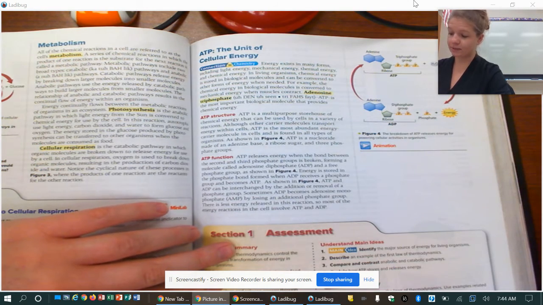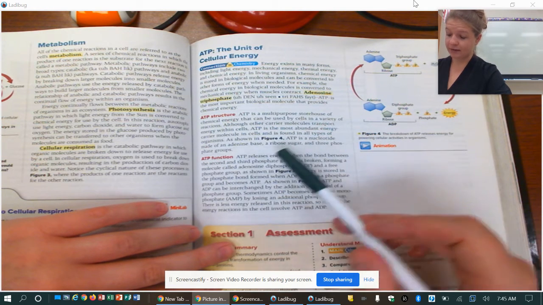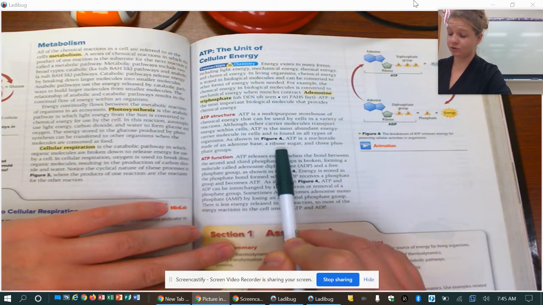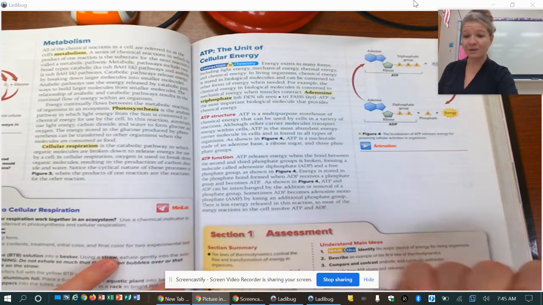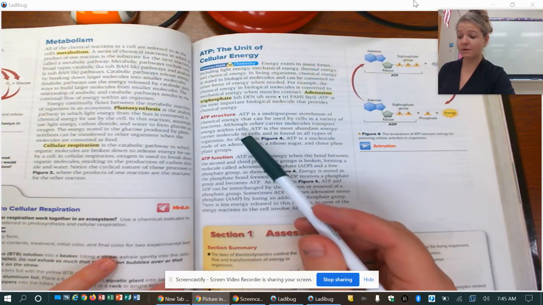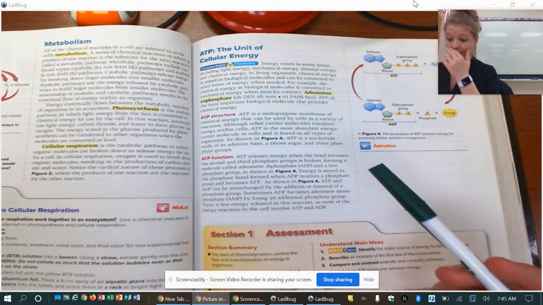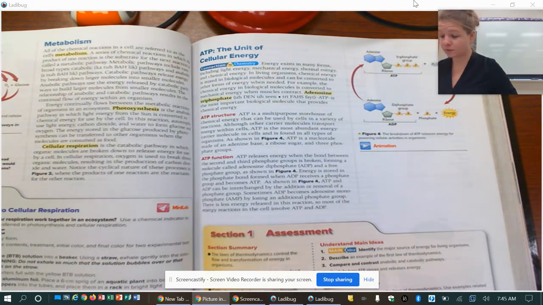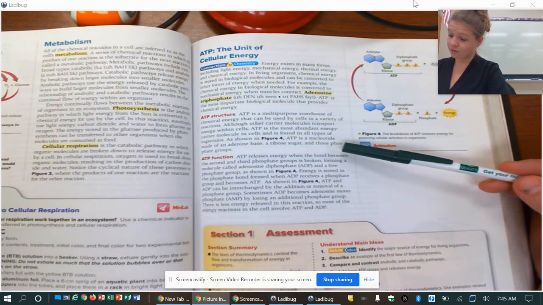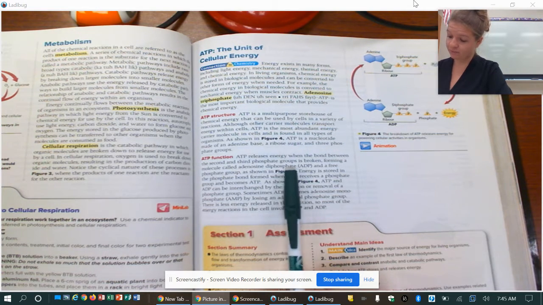ATP is a multi-purpose storehouse of chemical energy that can be used by cells in a variety of reactions. Although one carrier molecule transports energy within the cell, ATP is the most abundant energy carrier molecule in cells and is found in all types of organisms. As shown in Figure 4, ATP is a nucleotide made up of an adenine base, a ribose sugar, and 3 phosphate groups. Now, I know that structure is related to function, so before I took my notes down on this whole part, I wanted to read this whole couple paragraphs so I could see how best to put it in my notes. ATP releases energy when the bond between the second and third phosphate group is broken, forming a molecule